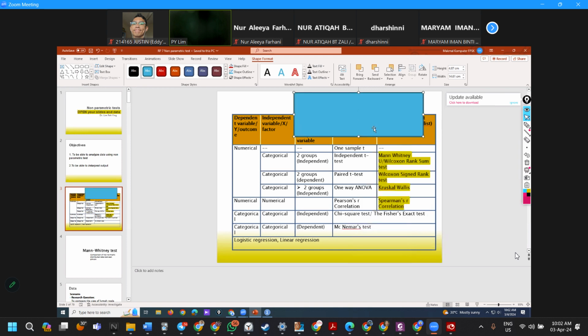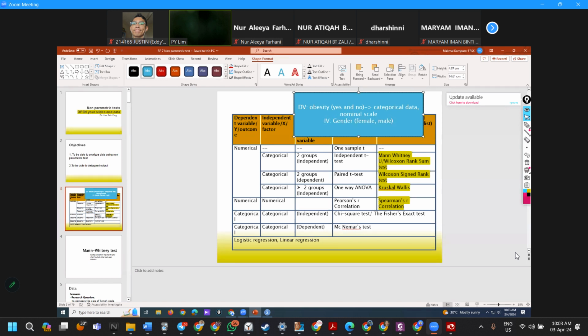For example, if your dependent variable is obesity, yes and no, this is considered categorical data, a nominal scale of measurement. I hope you all still remember it. So if your independent variable is gender, female and male,